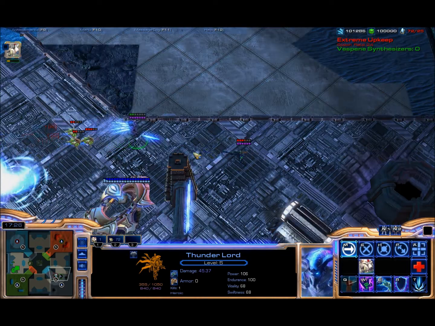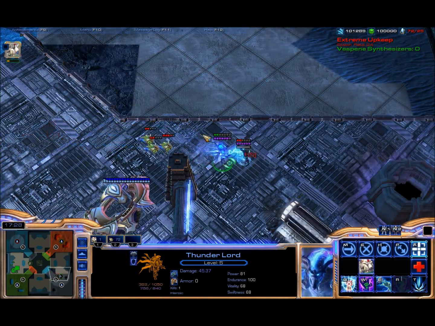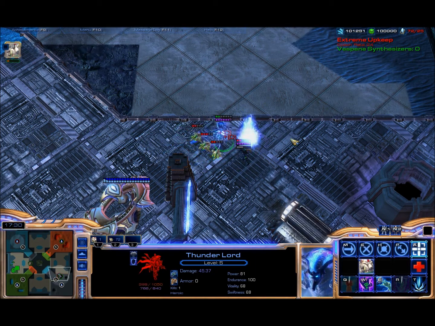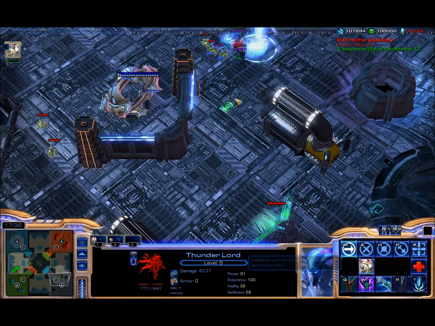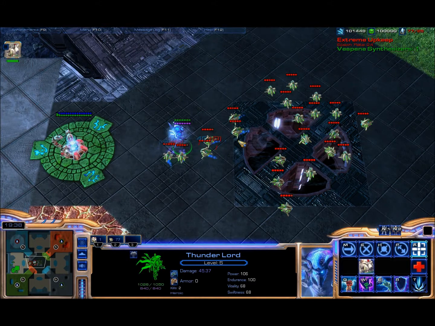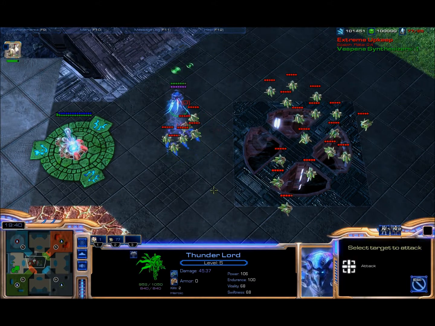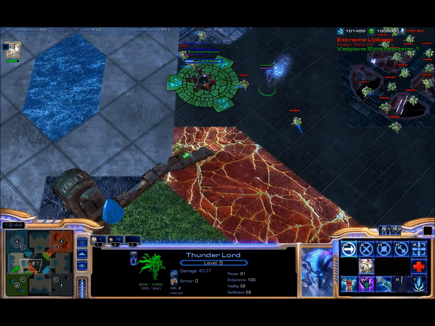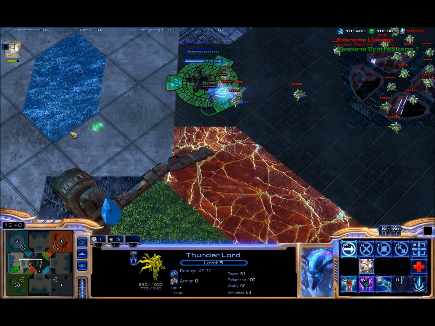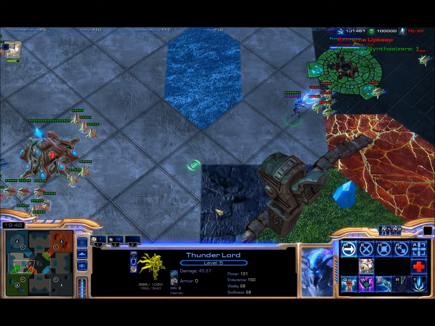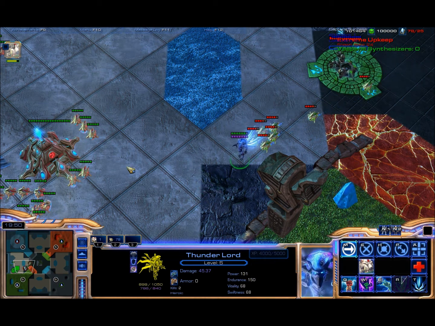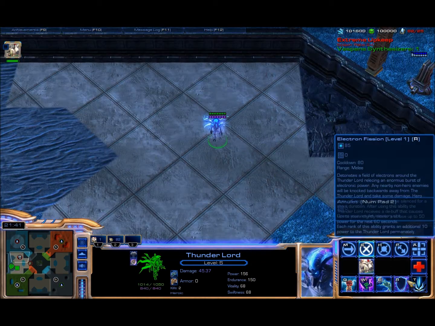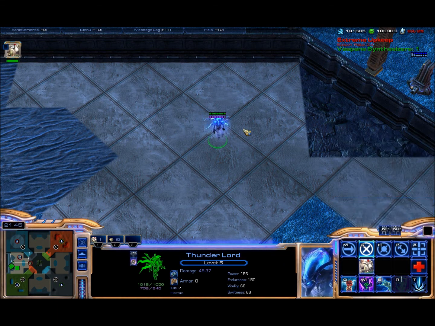Using Electron Fission will immediately reset the cooldown of Electron Upset. Using Electron Fission comes at a heavy cost. For 30 seconds after using the ability, the Thunderlord's movement speed is slowed by 25% and he suffers from 25 reduced power. If you use Electron Fission without any nearby enemy units, none of its effects will occur, positive or